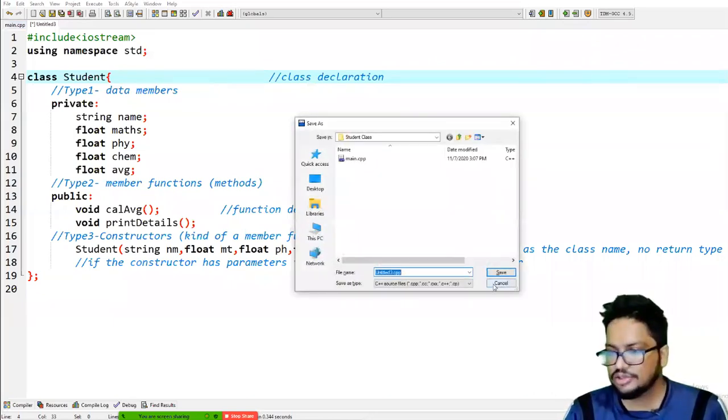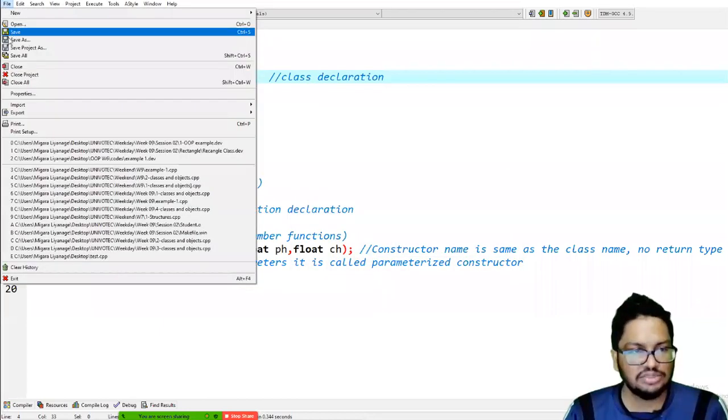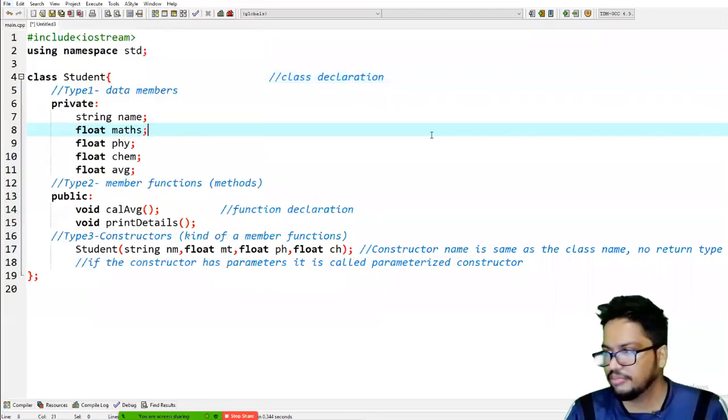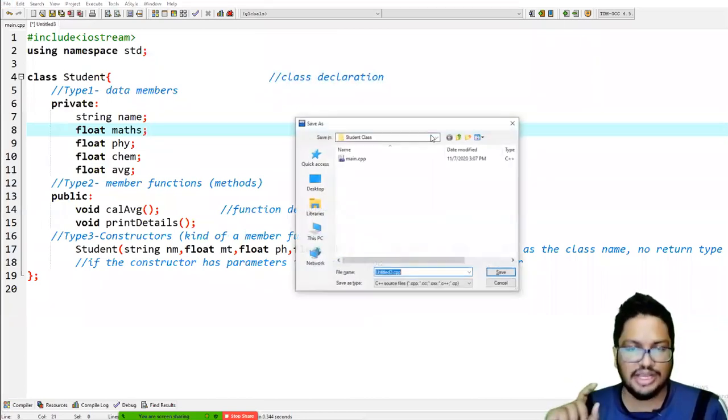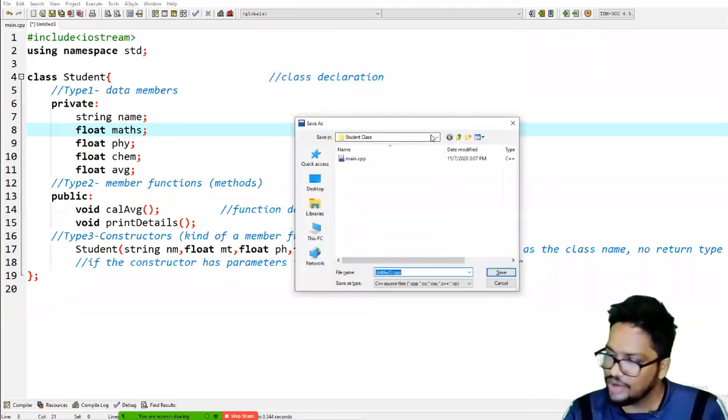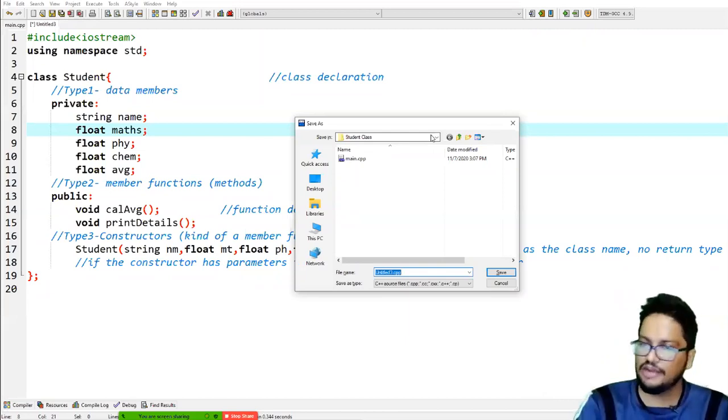You can use Ctrl S again, or you can just go here and save. But make sure when you are saving it, you save it in the same location where your main CPP is, and also in the project folder that you selected.